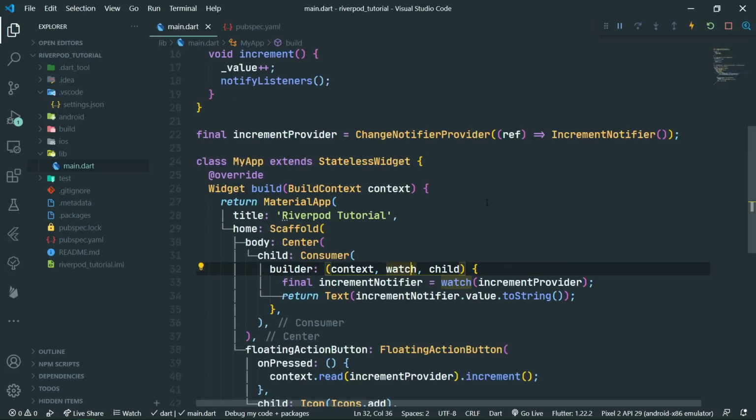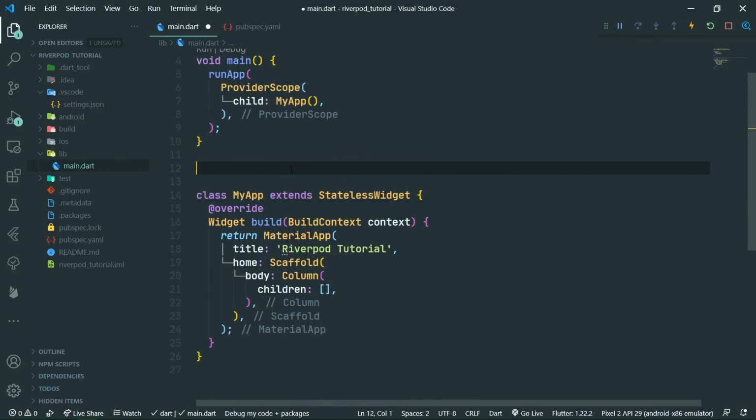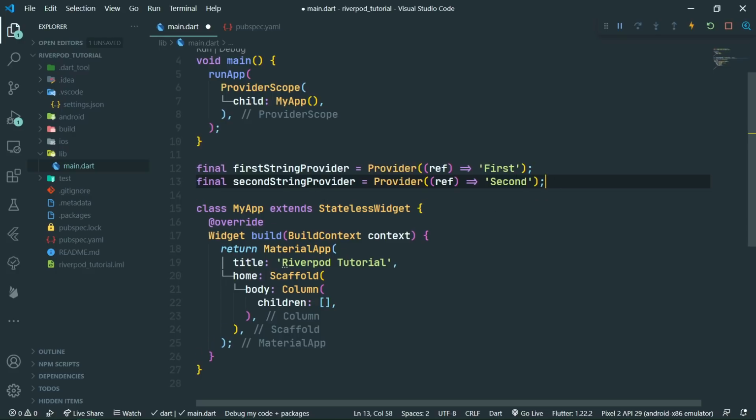original, quote-unquote, provider. Because Riverpod's providers do not resolve just based on types. Even if you have two providers which provide the value of the same type, so in this case a string first and then a string second, you are going to be able to get both of the values perfectly fine. So if we have something like this stateless widget, turn it into a consumer widget, provide a scoped reader